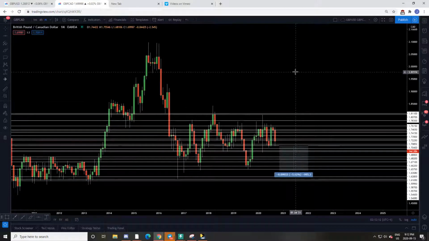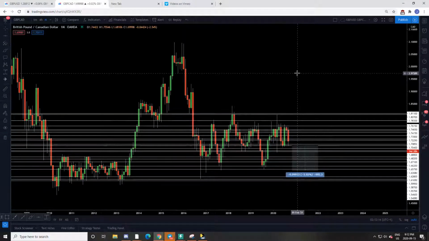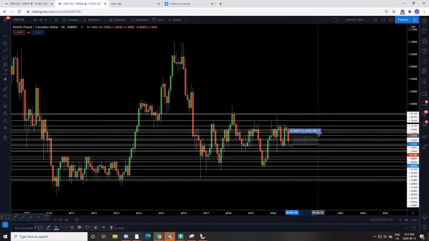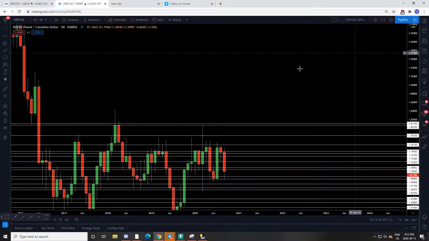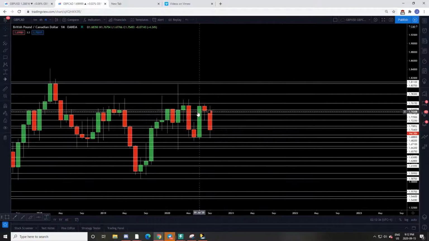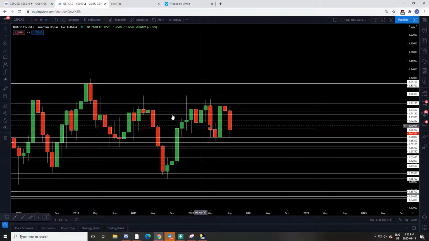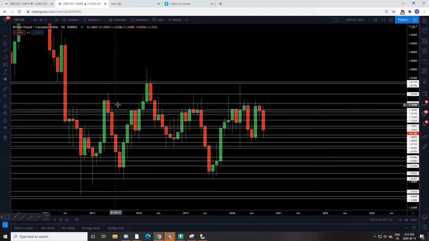I would only see long-term buys on GBP CAD above this level at 1.615, where buyers have failed to break for so many years now in a consecutive fashion. And we can see even over the last couple of months, we failed to break there. Even like I was discussing on the quarterly time frame, even with that very strong bullish engulfing candle close, where it looked like market optimism was very strong and GBP had so much buyer pressure on it, it still was not enough to break this historical level.